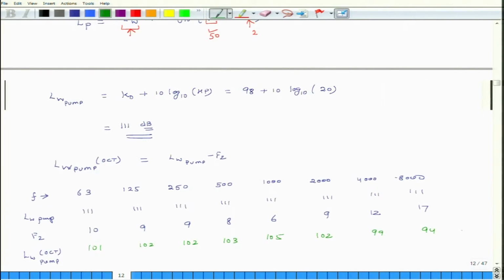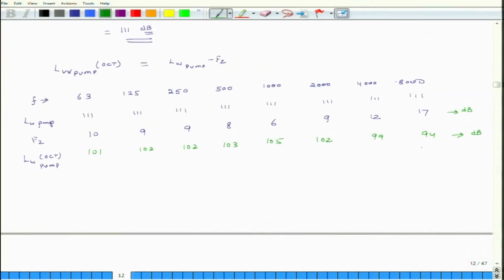Okay. What are the units of these? dB. What are the units here? This is still dB, because it is LW. So I have computed for different octave bands the power levels. So this is the power level for the pump. Similarly, I should also calculate the power level for the motor. Okay. So LW motor,